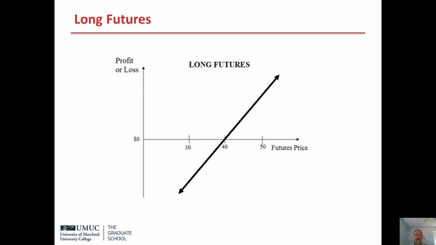These futures can be used by hedgers, somebody who plans to buy something in the future, like a steakhouse that wants to lock in the price of buying cattle would buy a long future, and a cattle farmer would then buy a short future, which is sort of like selling a long future. Those people would be hedging. People who are just sort of guessing and think they know which way the market's going to go would be speculating, and they would buy a long future if they think that the price is going to go up.